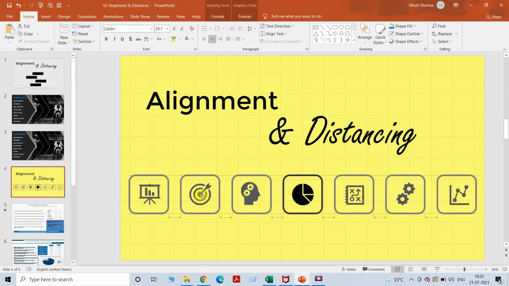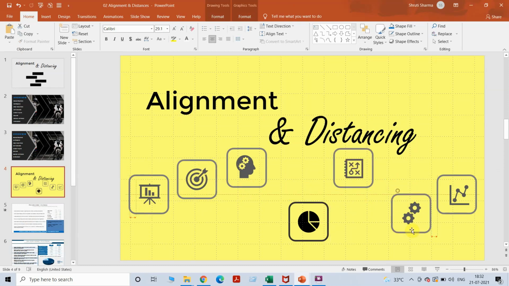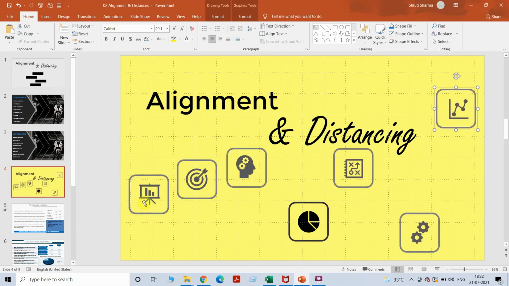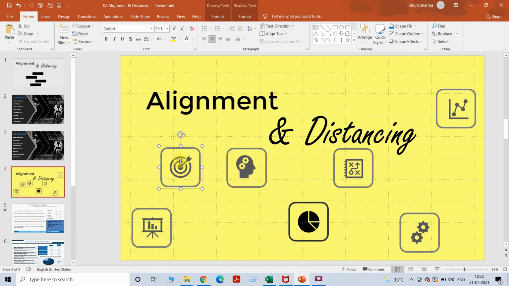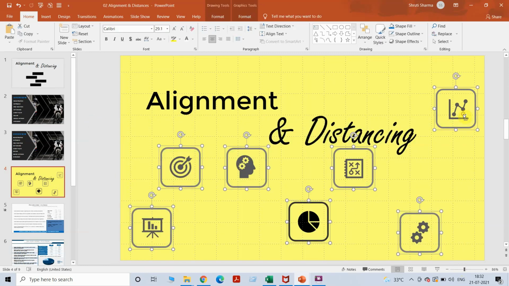Now let's look at another example. So these all boxes that you see, I'm going to scatter them around to show you how to put them in one line. And these are grouped items, by the way, like the icons that you see between the boxes. These are grouped so that I can align them together. So I'm going to choose all the items.